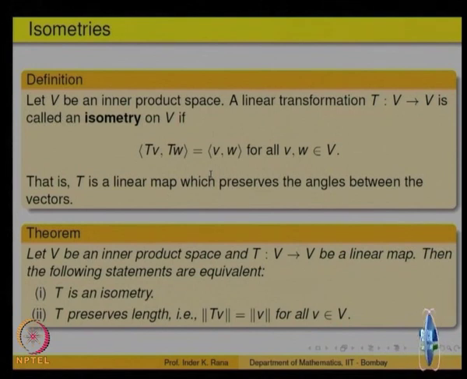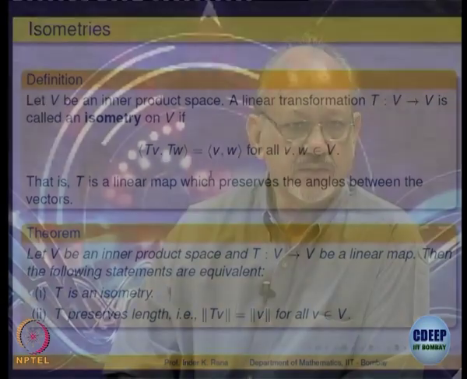Now let us look at, if you recall, we looked at linear transformations as maps from one vector space to another, or R2 to R2 or R2 to other things, such that they preserve collinearity; they take lines to lines. Now, on vector spaces we also have the notion of inner product, because all vector spaces here are subsets of some Rn. So there is a notion of dot product. So we would like to specialize to those linear transformations which not only preserve collinearity but also preserve angles. They do not change the angle. Such things are called isometries.